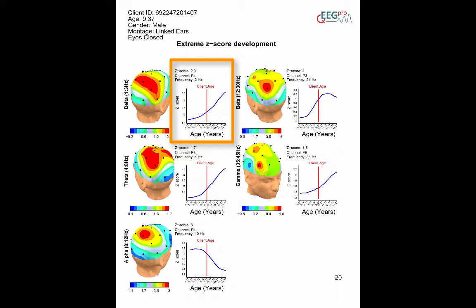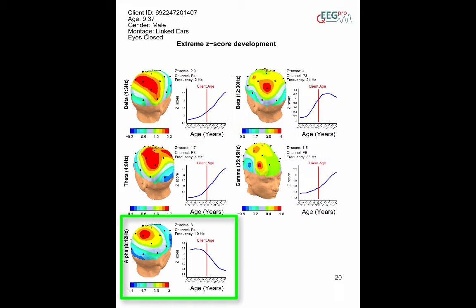The resulting Z-scores are plotted in the blue line. In the example, you can see that the Z-score would be smaller if the client would have been younger and larger if the client would have been older. This information can be used to form hypotheses about the neuropsychological origin of the deviant activity. In the current example, it could be hypothesized that the deviant activity at 2 Hz at PZ is caused by